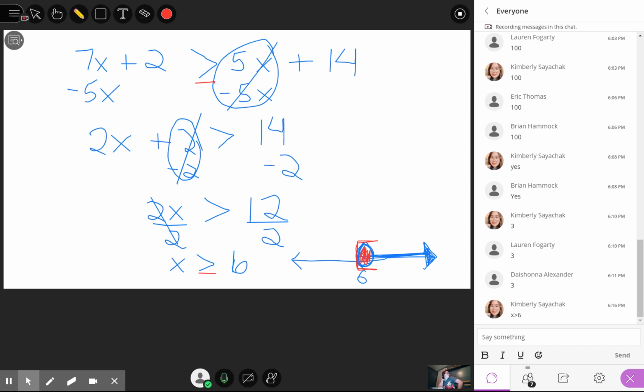Finally, there's a third way you could show this answer. To show x is greater than 6, you could use interval notation, which shows from and to. So from 6 all the way to infinity would be x is greater